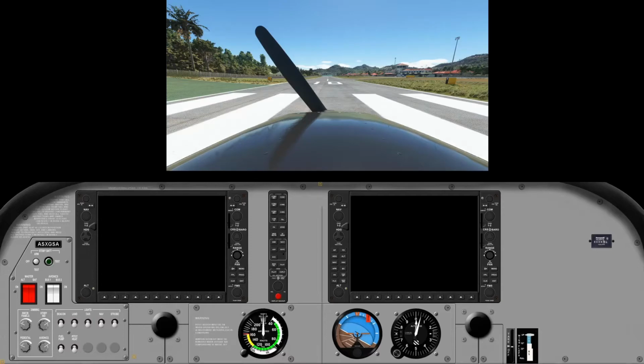Obviously there's always compromises. With this one not so much, because it's a fairly sparse panel, lots of spare space. The G1000 or any glass type system does clean the panel up somewhat compared to those older aircraft, but I've got lots of those steam gauge aircraft in my library, and they take up a lot more room with all the individual, sometimes 12, 15, 20 separate gauges that you need to find a home for, and so having two lots of 24-inch screen real estate certainly helps in that regard,